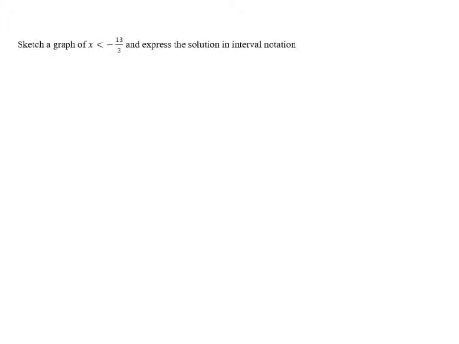Sketch a graph of x is less than negative 13 thirds and express the solution in interval notation. Now here, because x is less than negative 13 thirds but not equal to, we know we're going to need an open circle at negative 13 thirds, but we need to figure out where negative 13 thirds would go on